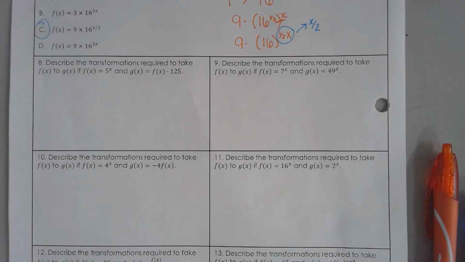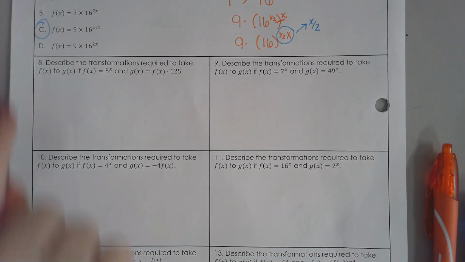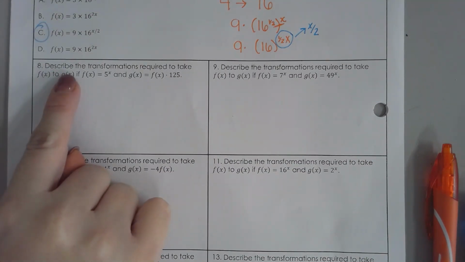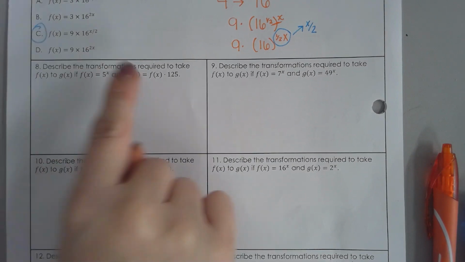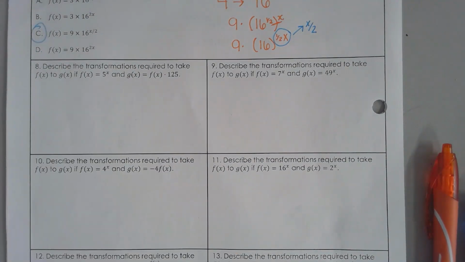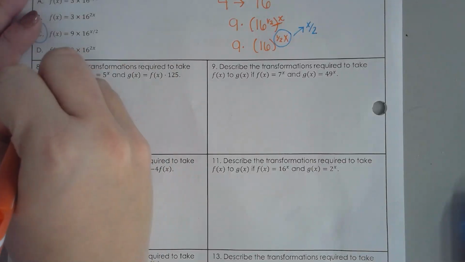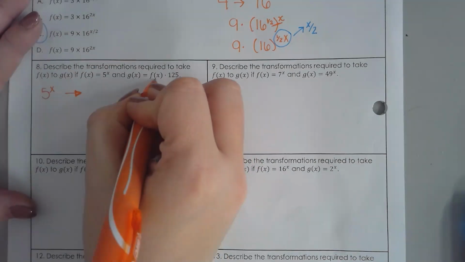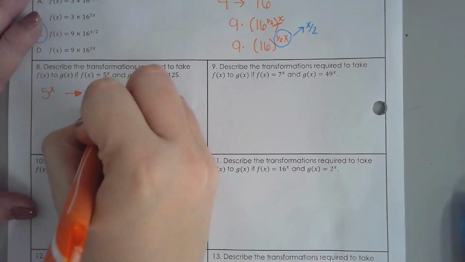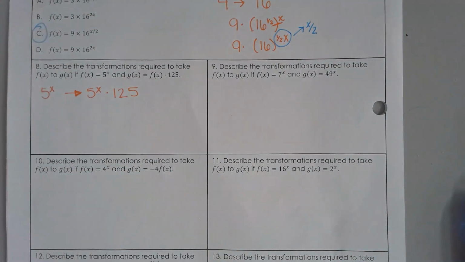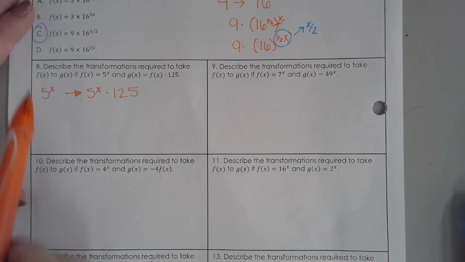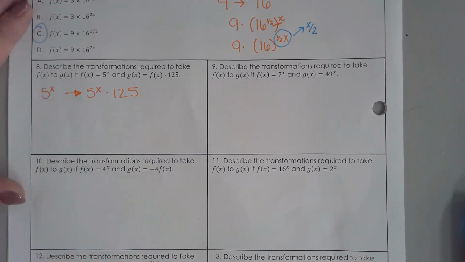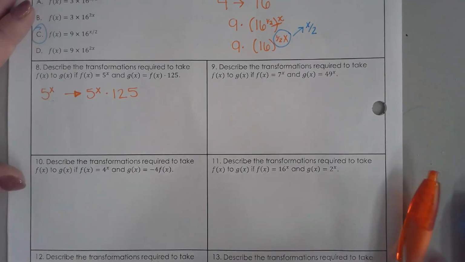Number 8. Describe the transformations required to take f of x to g of x. Here's f of x. G of x is f of x times 125. So I'm going from 5 to the x to 5 to the x times 125. Basically, with these types of questions, our goal is to get them combined into one the best that I can and get all of them to have the same bases if I can. So